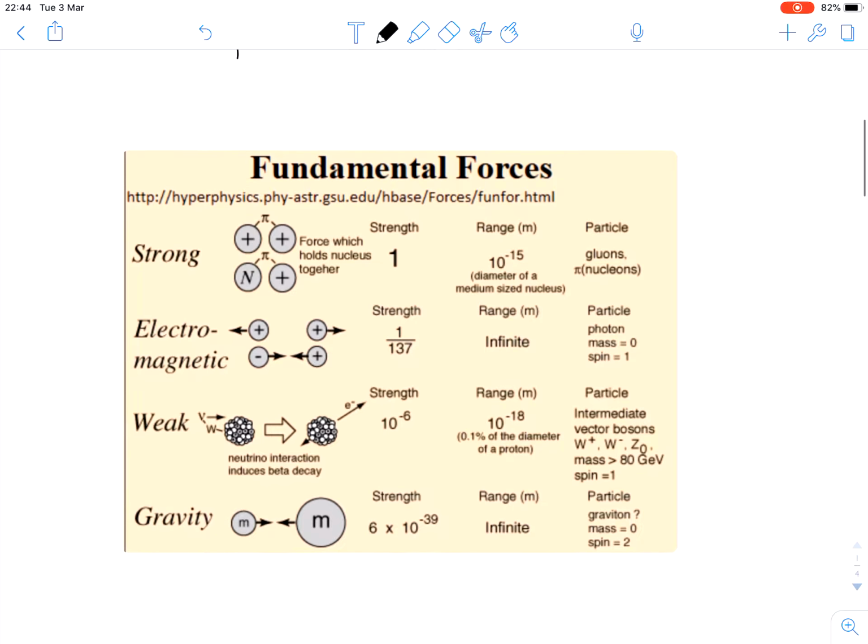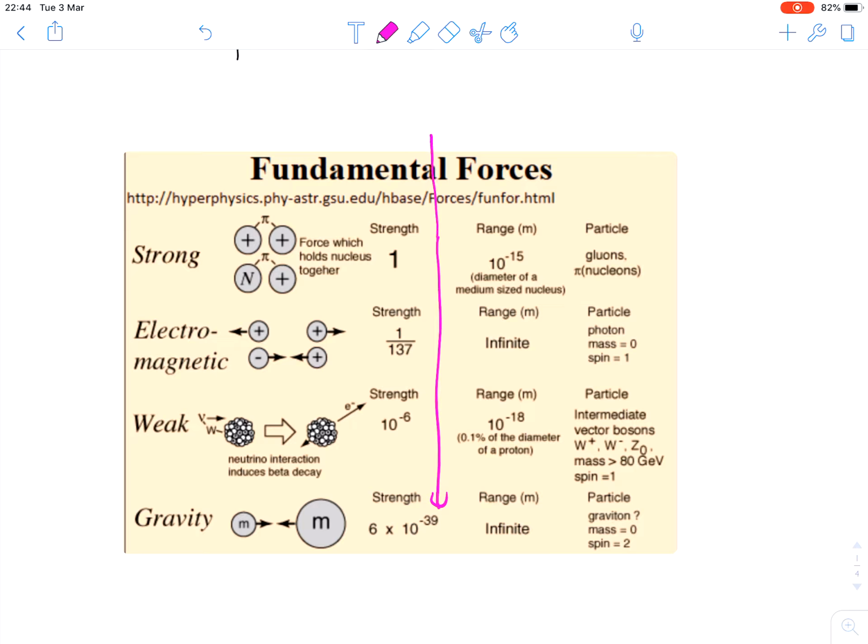Getting into this, we have our first table, which is organized by strength. So we have the strongest forces on top, and the weakest forces on the bottom. That's not to say that gravity can't crush you, but it is weak in comparison to the strong nuclear force. I do also like some of these visuals here. So the strong nuclear force,